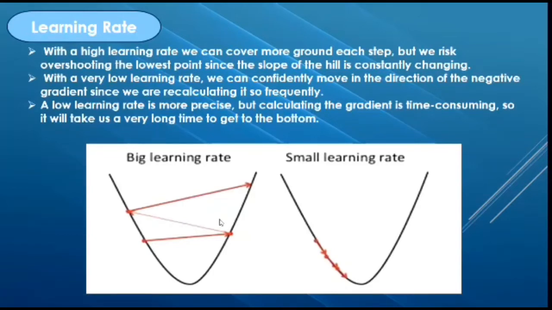Now, when the learning rate is small, let's say the ball starts here, then the speed of the ball to come from here to the bottom of the hill will be very, very slow. If it is here, then it comes here and here. So it consumes a lot of time to reach the bottom of the hill, that is, to find the optimal set of weights and bias. Hence, we need to make sure that the learning rate is neither too large nor too small. It is very important to choose the optimal learning rate to get the optimal set of weights and bias.